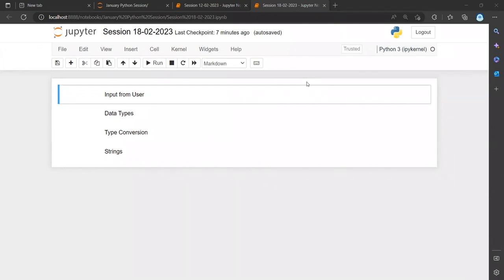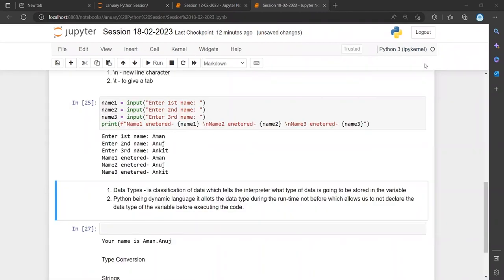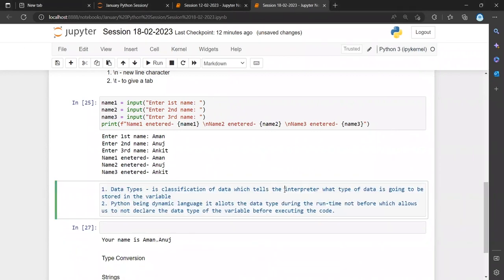Hello. Today we will be discussing data types. Okay, let's start. First of all, understand what a data type is. A data type, as the definition says, is a classification of data which tells the interpreter. In our case, it is the interpreter. But again, let me standardize the definition, which tells the